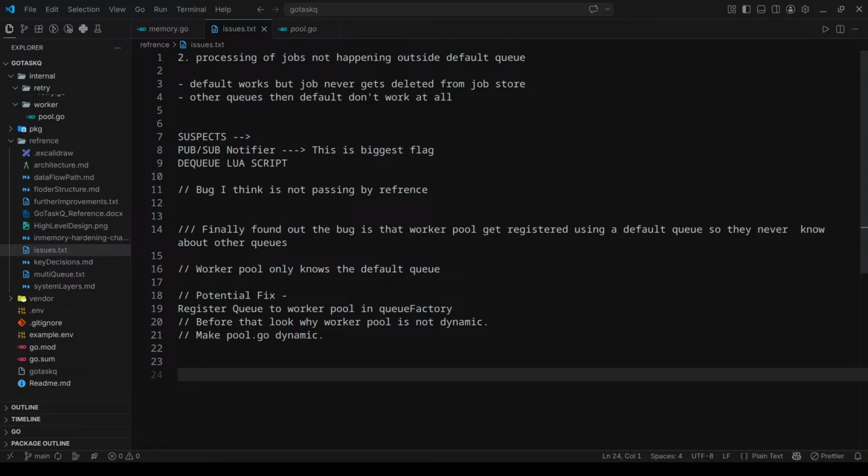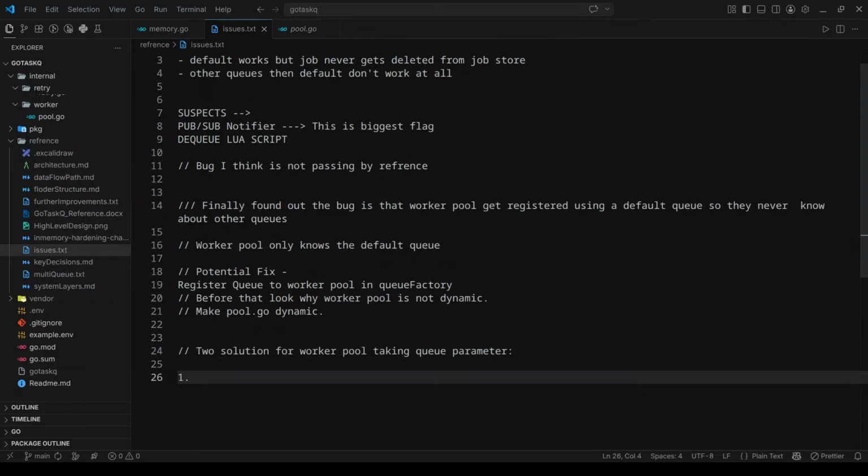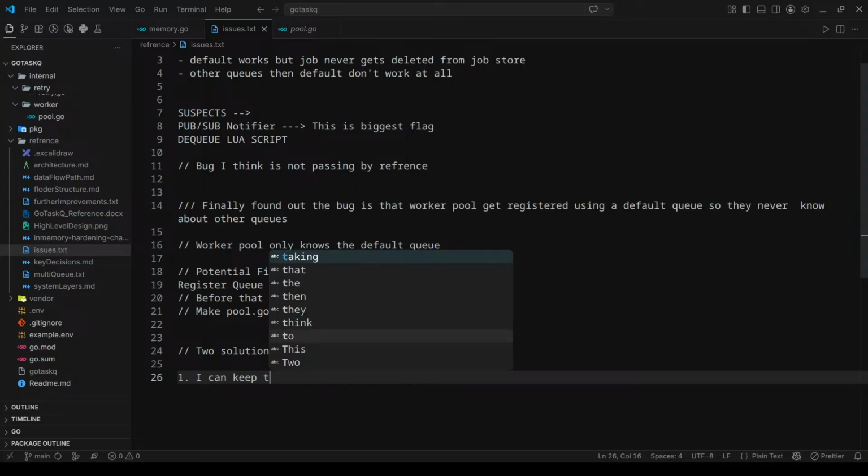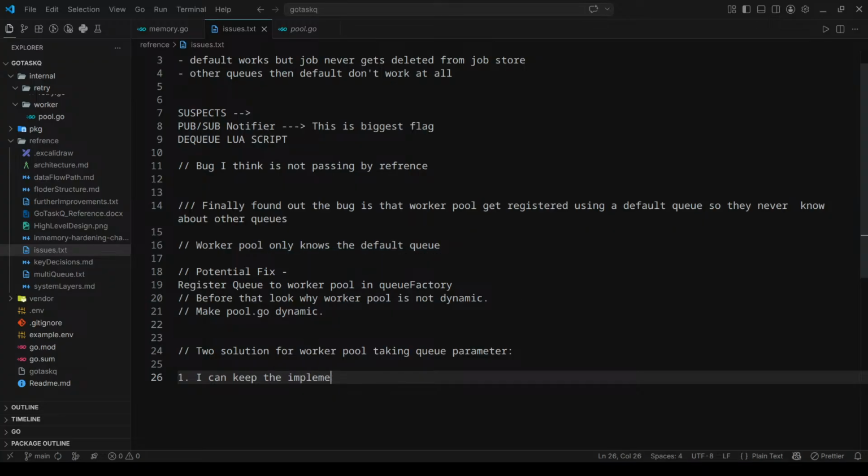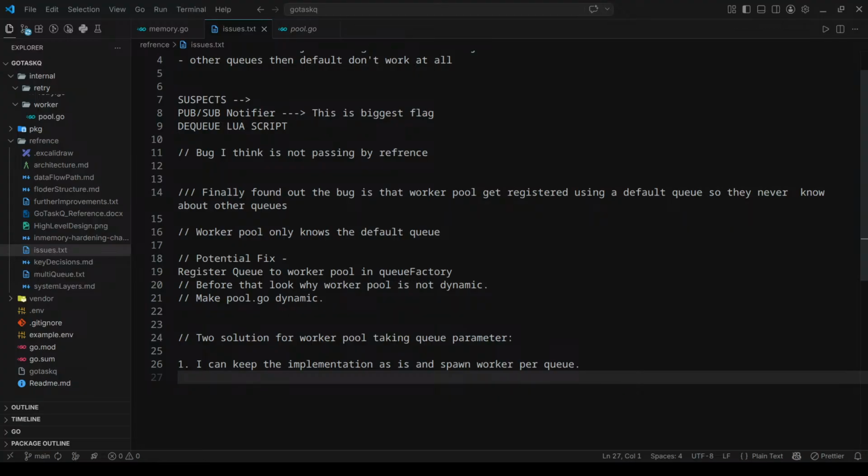I can tell you I had two solutions for the worker pool taking few parameters. First, I can keep the implementation as is and spawn a worker per queue. But that would be a bad choice because currently the default value of workers, as I say,